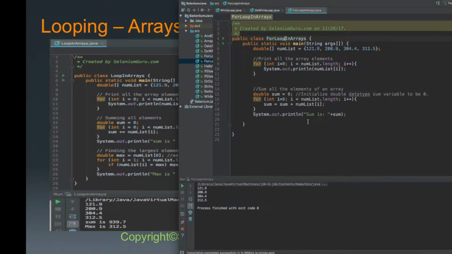Let's run this one again, and it's going to say 939.7. So if you do this addition in your calculator, you're going to get the same value. So now if I do find